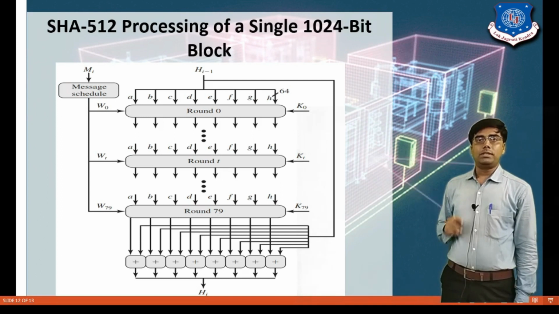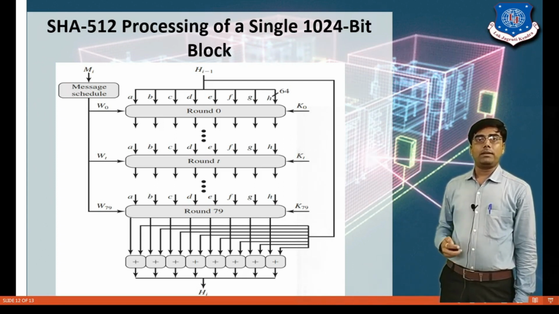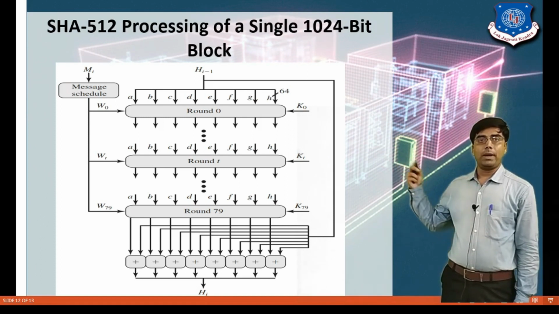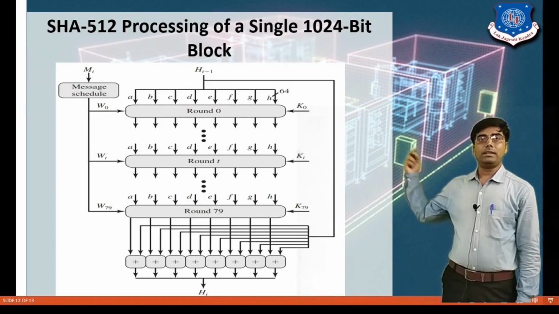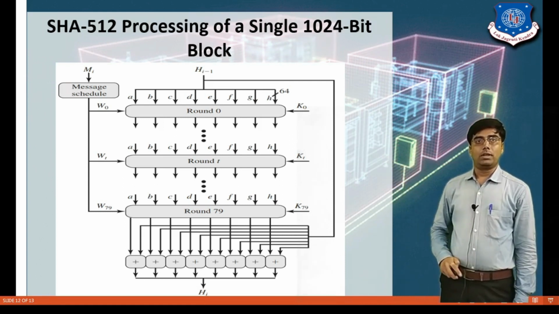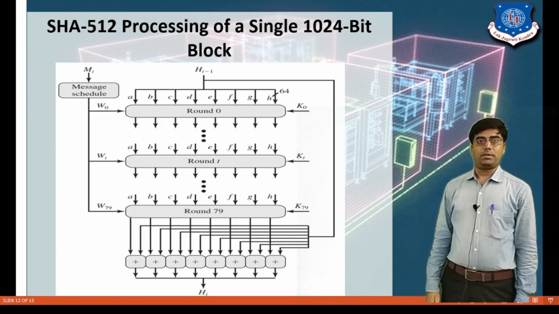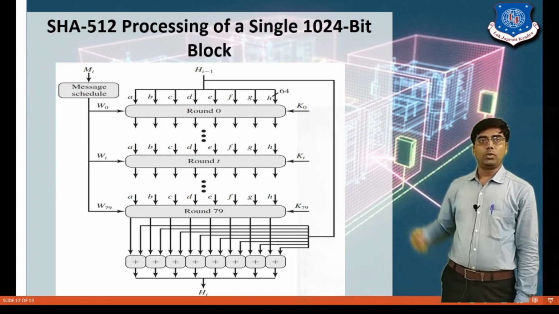Now this is the authentication algorithm. It means after applying the hash function, it generates a hash code, or we can say a fixed length value, which will be appended to the plain text message and sent to the receiver. And here we cannot use encryption and decryption. So this is all about SHA 512.